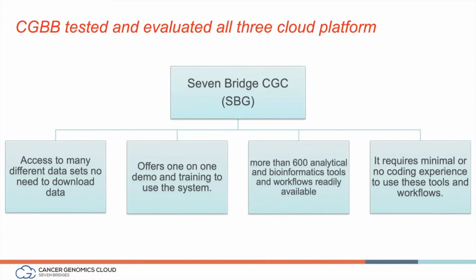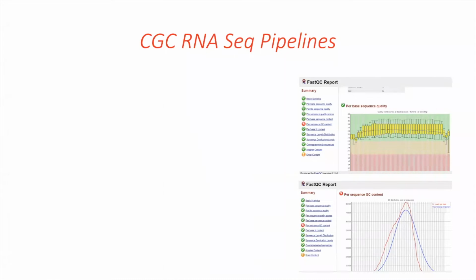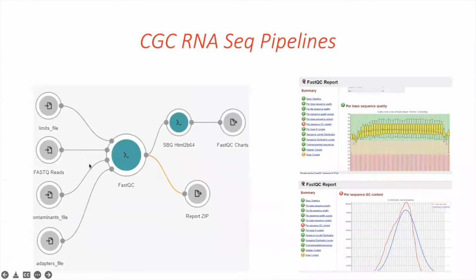So with that in mind, having the CGC, here is a couple of anecdotal examples of how, if you show this to a non-bioinformatician, and that includes myself, this is a simple screenshot of an RNA-seq pipeline that we are using in our Biowulf HPC within the NIH, and this is just a small portion of it. So this is quite overwhelming for people who are not familiar with coding. Now, in the CGC and the CRDC, you have the ability to convert this from code into a point-and-click by simply generating this really nice workflow. And while I'm not going to go into how this workflow is established, because the CGC has a fantastic tutorial on how to access and use them,